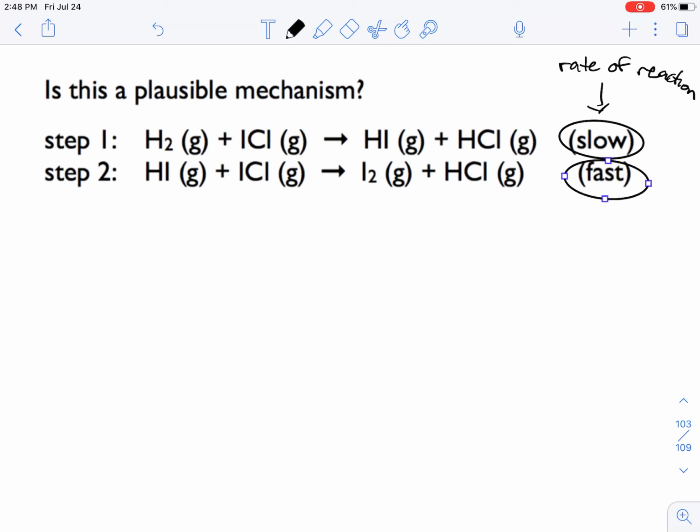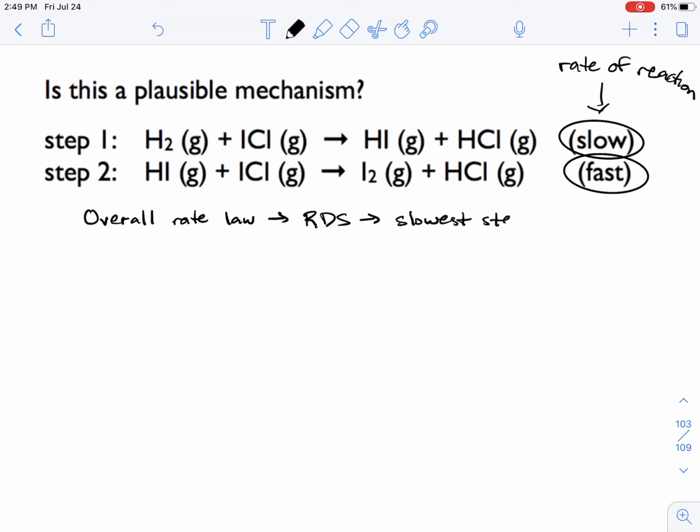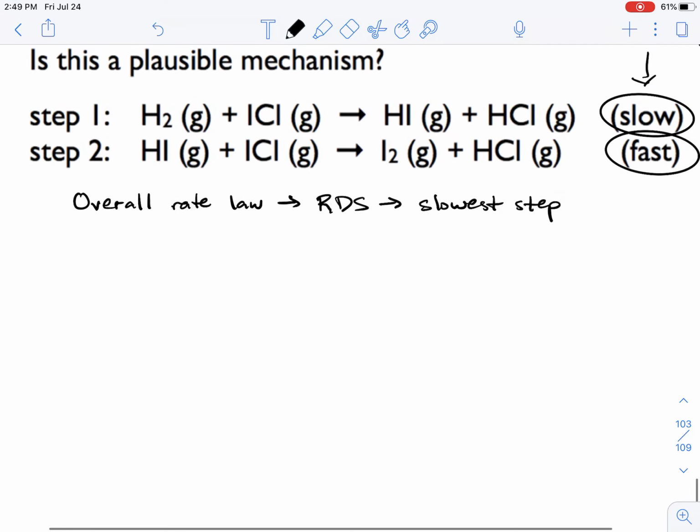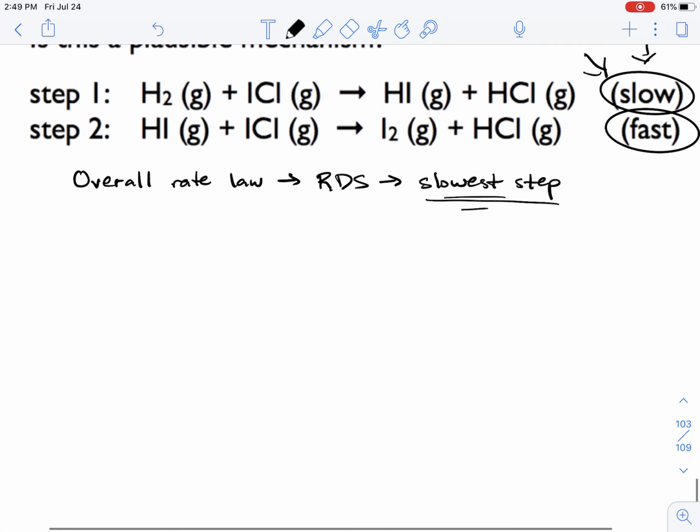the fast step. Okay. And so if you recall a little bit earlier, the overall rate law can be determined from the rate determining step, the RDS. And the RDS is the slowest step in the reaction mechanism. And so what you want to do is first build your foundational rate law, for lack of a better term, based on the slowest elementary step. And so since we have a slow initial first step, that means that the first step is rate determining. And therefore we can go ahead and write the rate law based on the RDS